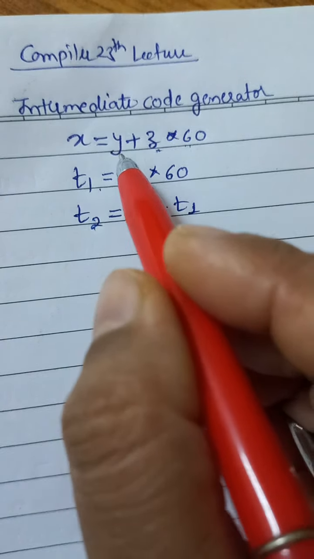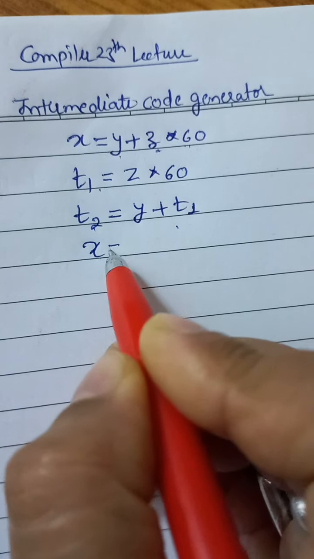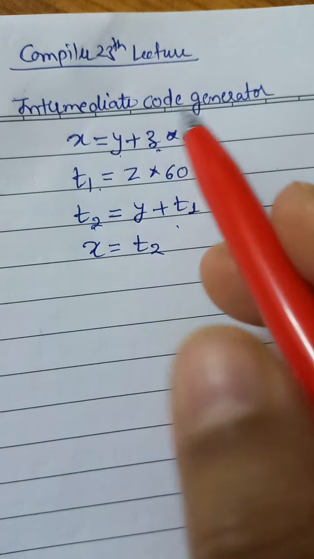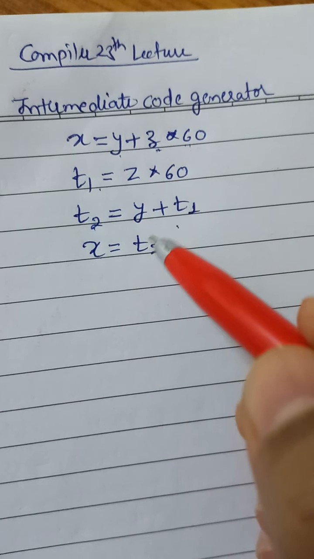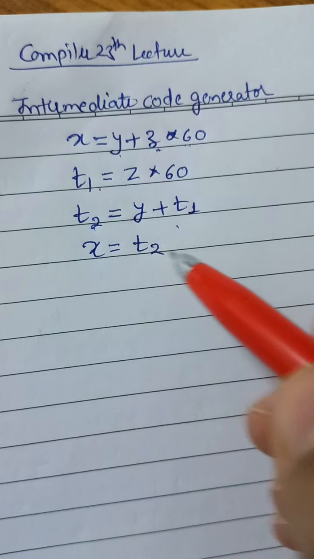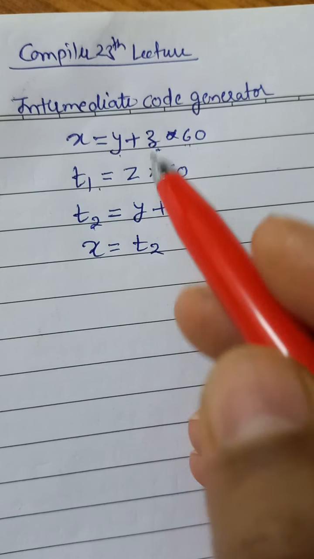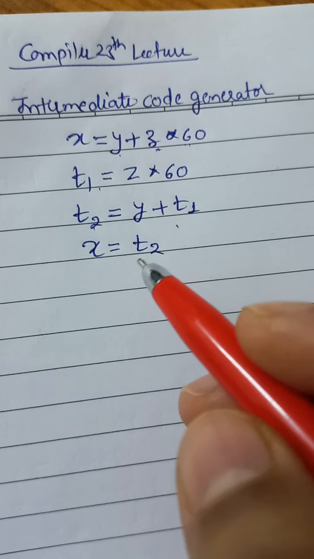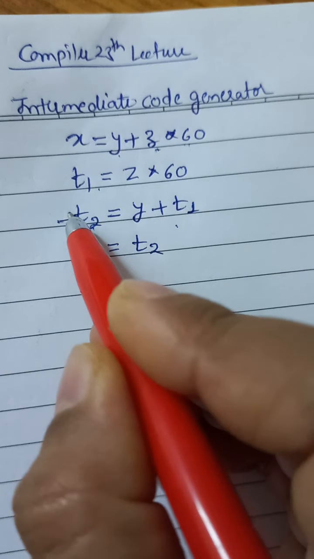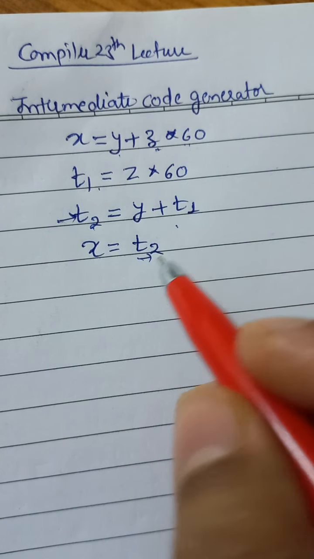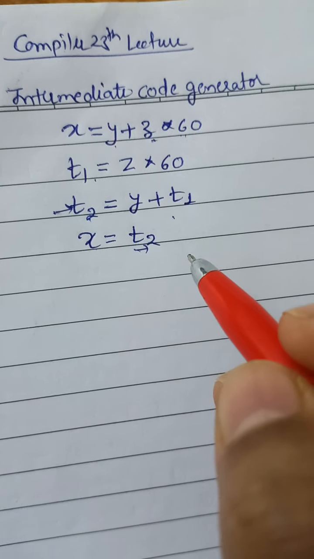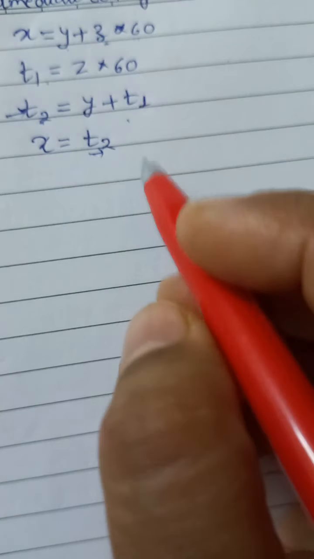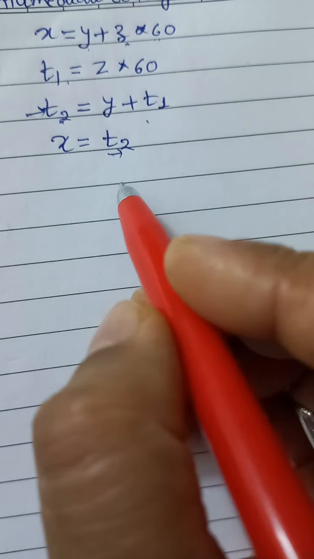And because this is x, we assign the t2 value into x. In that way we get the value of x from t2, or we can say we are assigning the t2 value to the x variable. Here we can see there is a repetition of t2 and t2, so we can do it directly. No need of code optimization, we can do it directly also. Like this also we can do.